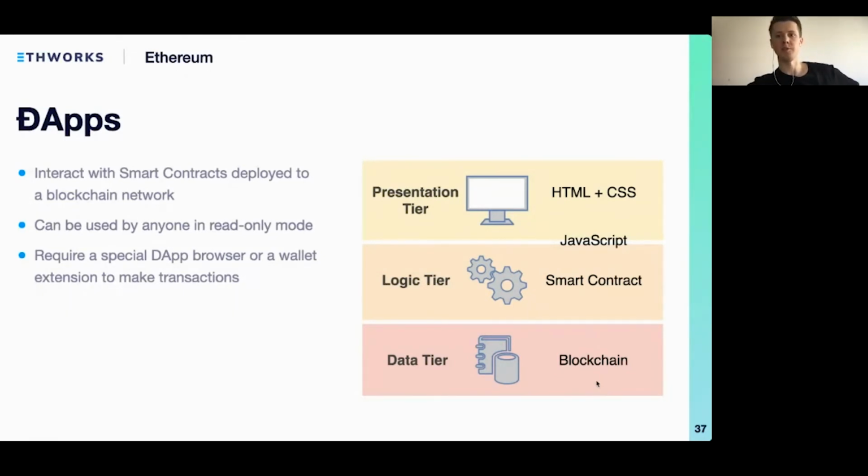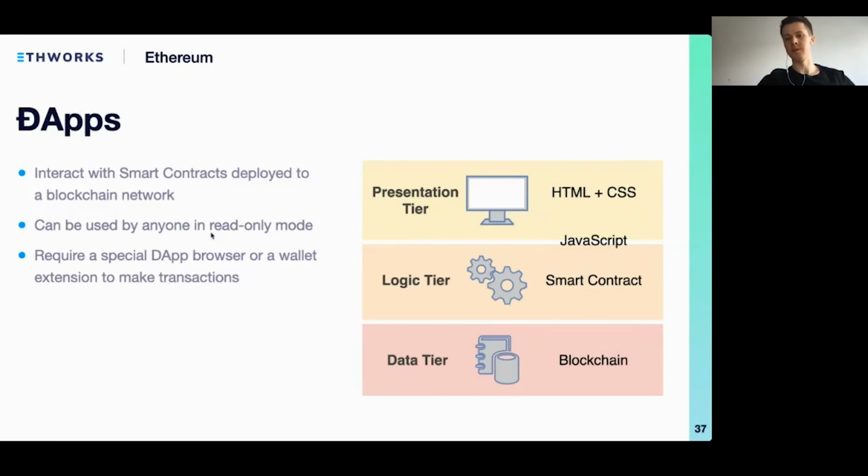One of the properties of the apps is that they currently can be used by anyone, so you don't need special software to use a decentralized application. Your browser is enough. But in order to make transactions and interact with such an application, you need